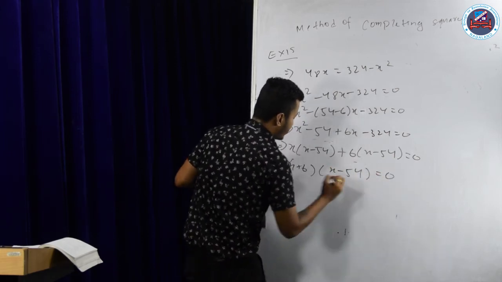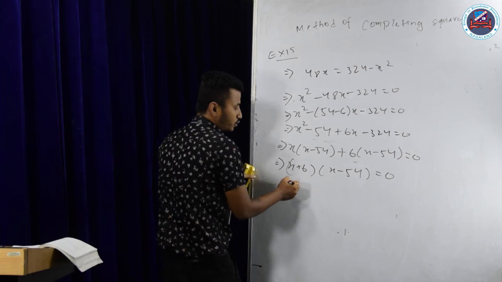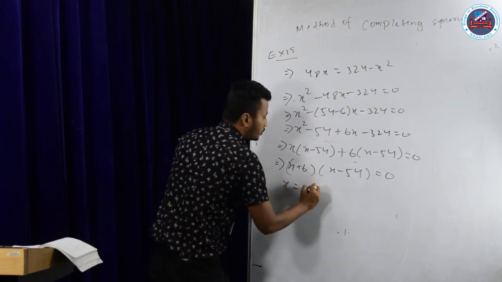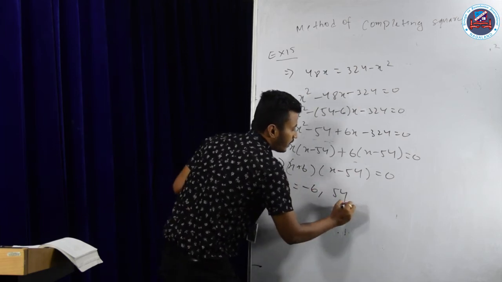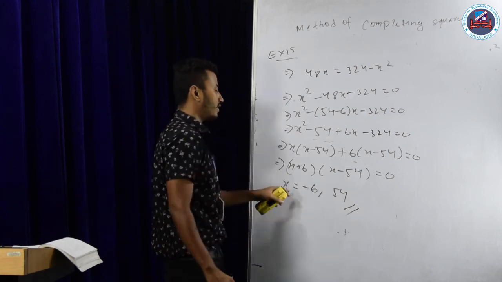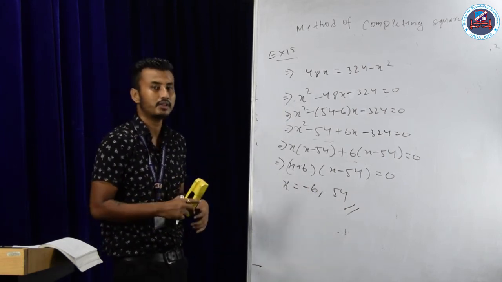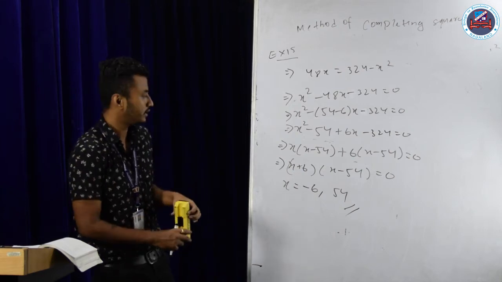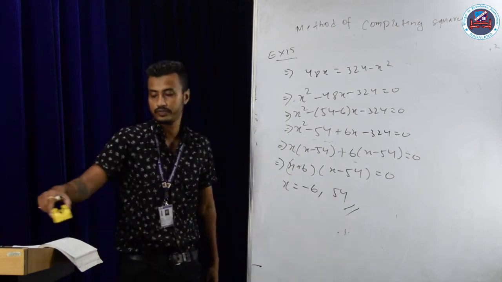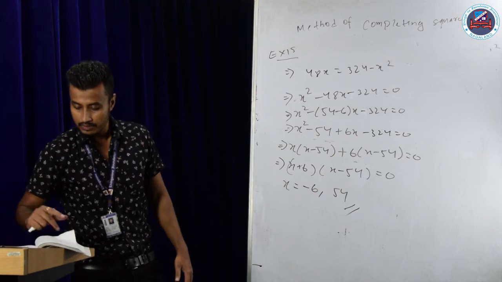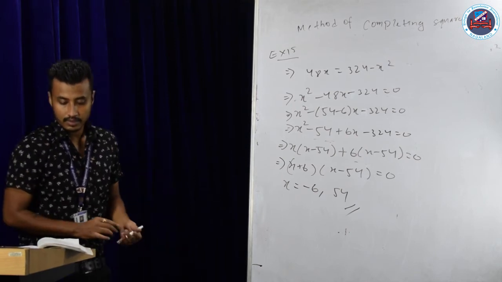Here, there are two values of x, or two speeds, given in the answer. Now guys, I will take the value of speed as positive because speed can never be negative. The boat cannot go at a speed of minus 10 km per hour. So what is the answer here? x equals 54 km per hour. So I hope it is clear.